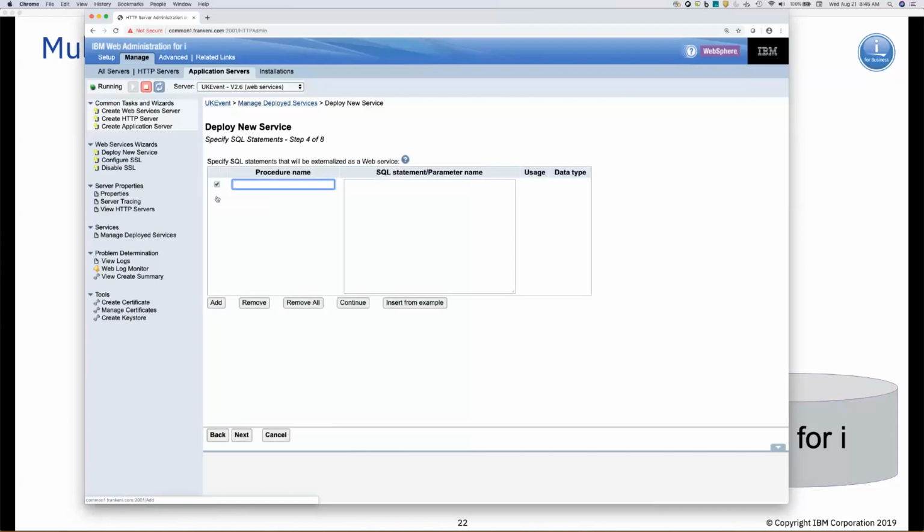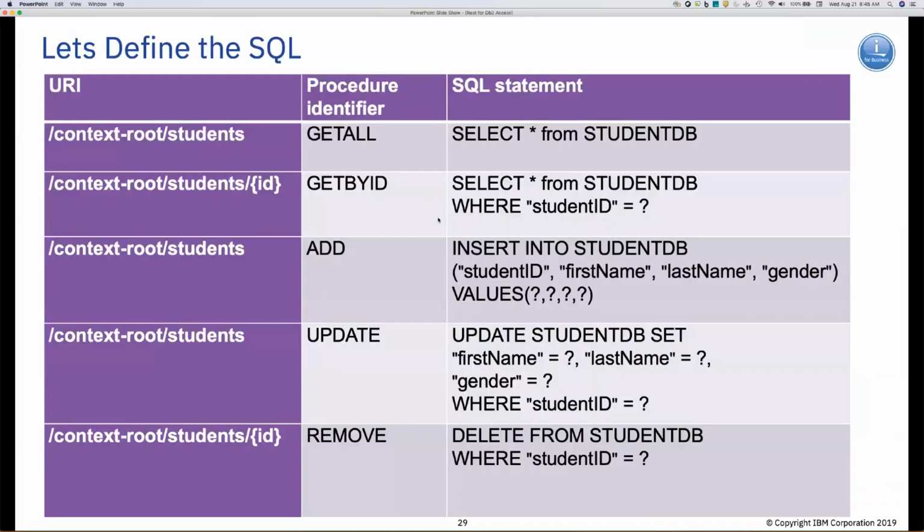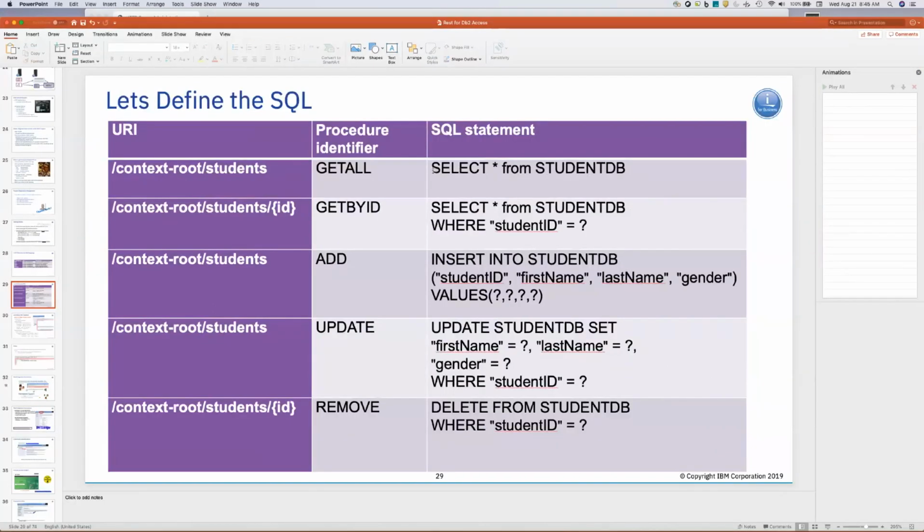So if I click Add, in this case, I need to go add in some of these services. So if I look at my homework page that I created, let me go find it. There it is. Here's my SQL that I'm interested in. I'm going to just end the slideshow just for a second so I can copy and paste a little bit easier from here. So if I do select from student DB,